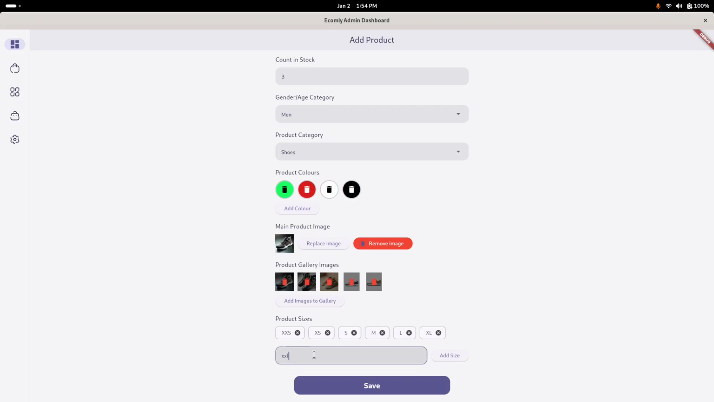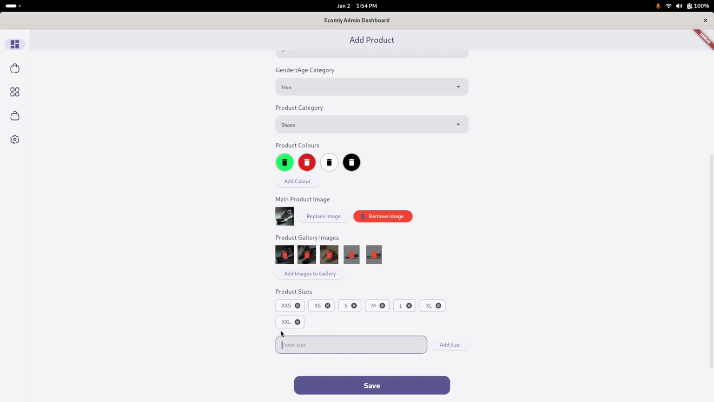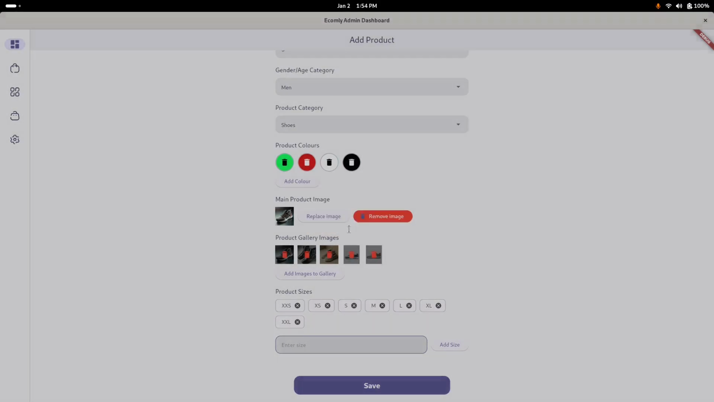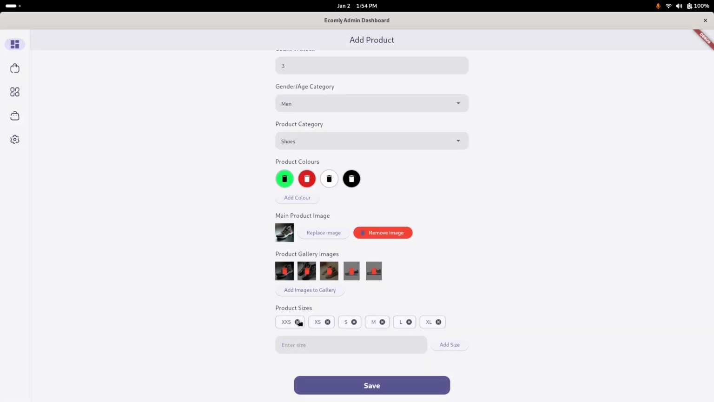We could do extra large, goes all the way to the end, and we can try and append a number, right? But numbers do not work because they have to be of the same type. So I'm removing all of them,